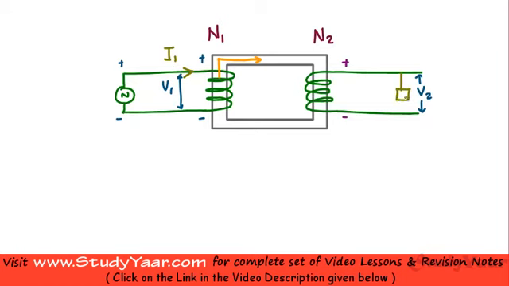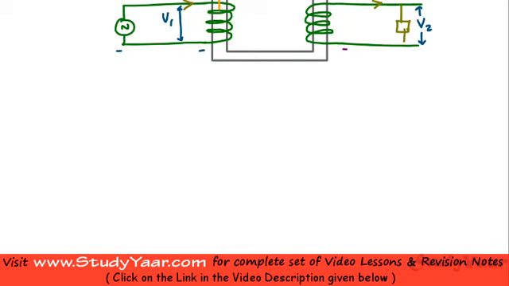over here across your V2, then you're going to have a current which is flowing through your load. Okay, let's just say that current is I2, which is the current flowing in your secondary, right? So just see over here, you basically have your magnetic flux which is flowing in a closed loop. Okay, so since your flux is flowing in a closed loop, what you have is basically a magnetic circuit.